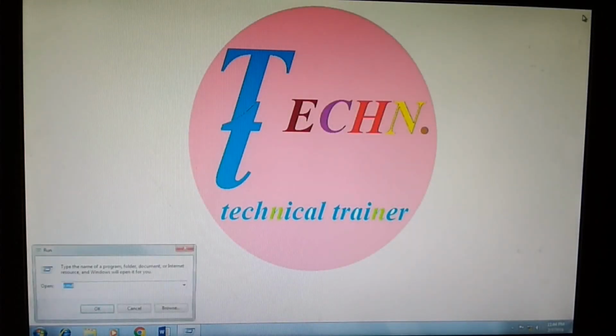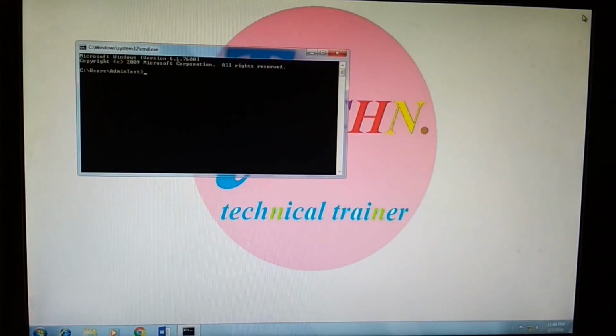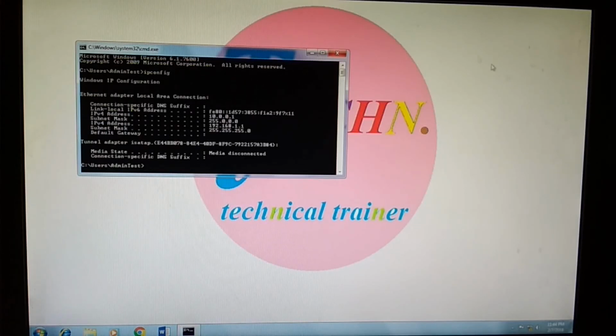Now open CMD and type ipconfig. As you can see, there are two IPs. One IPv4 address is 10.0.0.1 and another IPv4 address is